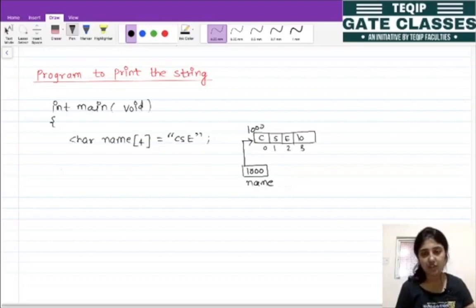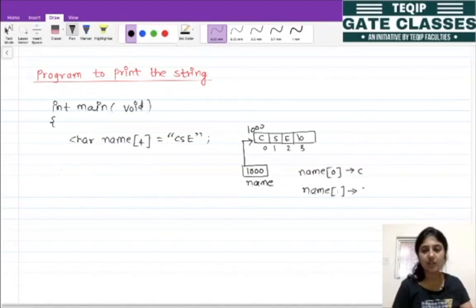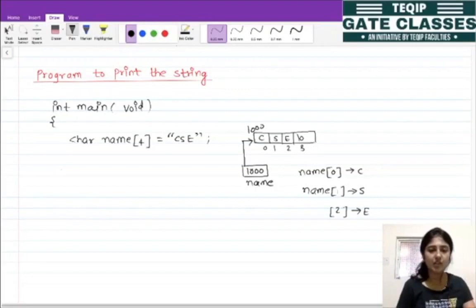So as we know, we can access this character array by using the index. So if I want to print C, then name of 0 will print the C, then name of 1 is going to print the S and name of 2 is going to print the E, right. So I know the length of this string is 3, and we want to print this array, so definitely we need to use a loop, right.